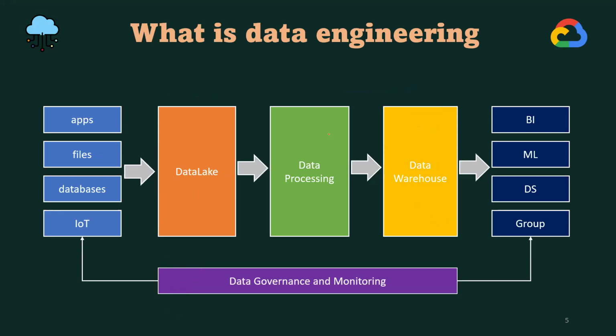Now, whole and soul, try to understand what data engineering is. As a data engineer, you have data that is coming from these sources. You are storing it in a single layer, or a landing layer as we usually call it. You are processing it and analyzing it, sending it to the downstream. You are also making sure that it is accurate and governed. So this entire process is called data engineering.